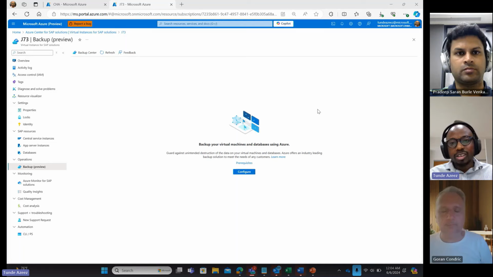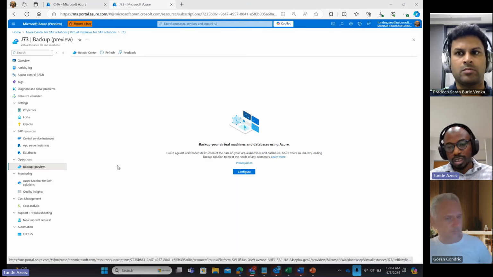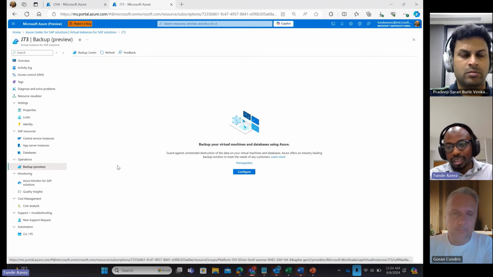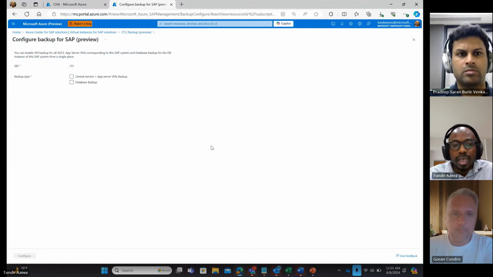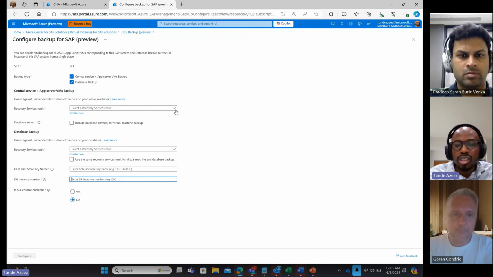So you now have a representation of your system. With that, you can unlock a number of capabilities, one of which is the backup integration. We talked about all the great capabilities that we provided in backup. Now that backup solution is integrated into ACSS, or your VIS, with your virtual representation of a system. In this case, I have a virtual representation of a system called J73, in which I can just go ahead and select configure backup. In this system, it will identify all the application servers. It will identify the database. You don't need to do much